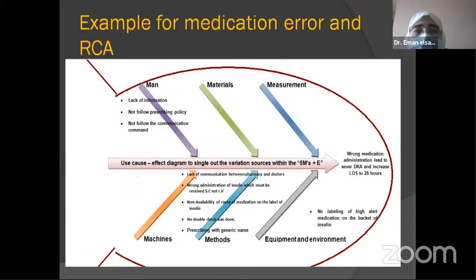Look at this picture. This is an example of a medication error that already happened to a patient, and this is the RCA done for the patient. This patient came to the hospital and the healthcare organization admitted him with DKA. What is the meaning of DKA? This is diabetic ketoacidosis. This patient was moderate, and the doctor wrote for him regular insulin, and he received